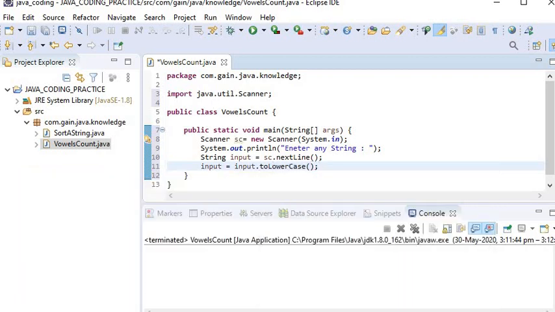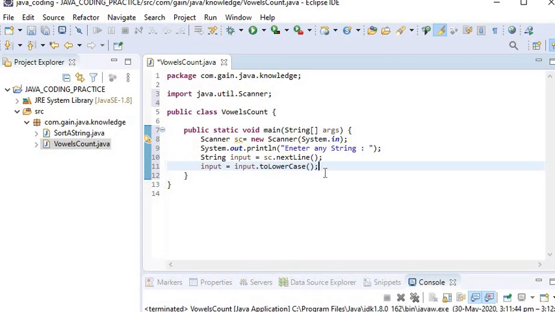Now our string will be converted into lowercase letters. Then I will start to iterate each character of the string. To iterate I will use a for loop.